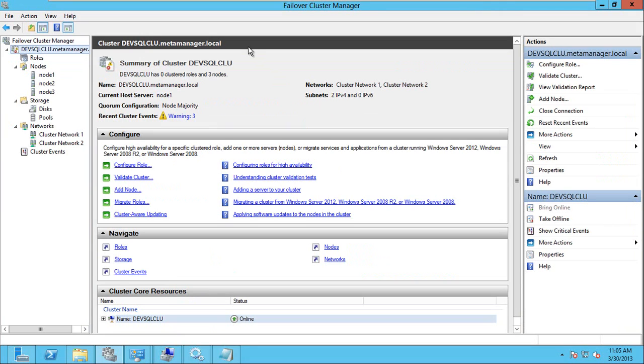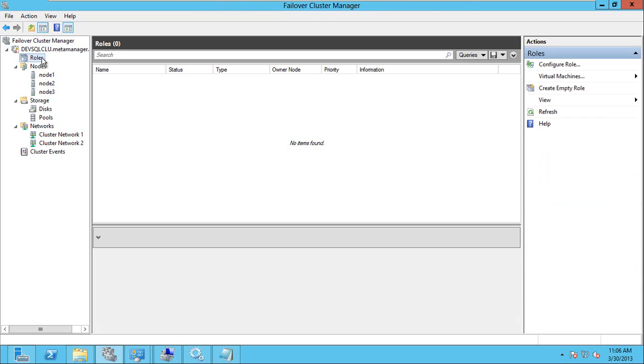Alright, before we cluster SQL services, let's go through the Windows cluster in detail to see what it has in Server 2012. Okay, so this is the Windows cluster name, dev SQL CLU, and it has something new in 2012, roles. Whatever cluster resource groups you create for MSDTC or SQL Server, it will be created under the